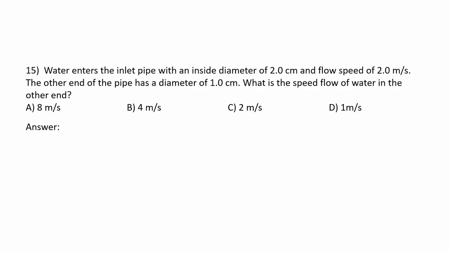Water enters the inlet pipe with an inside diameter of 2.0 centimeters and flow speed of 2.0 meters per second. The other end of the pipe has a diameter of 1 centimeter. What is the speed of flow of water on the other end? Letter A, 8 meters per second. Letter B, 4 meters per second. Letter C, 2 meters per second. And letter D, 1 meter per second. The answer is